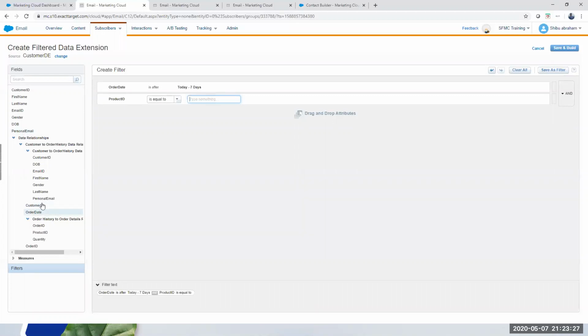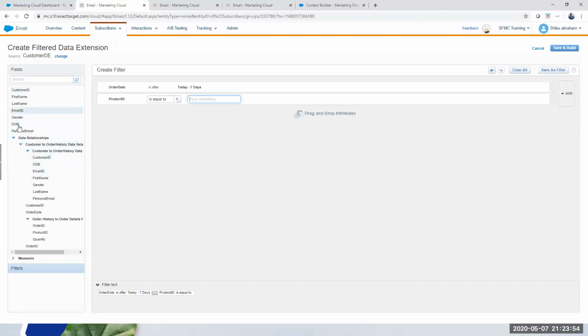The thing that you will also need to know is that you will only get the customers who actually match this condition. When you do joins, sometimes you will say, I want to know the list of all customers, but I also want to get customers who may or may not have that. And I want to see, if they have an order date, show that order date that is less than 7 days. Those things you cannot do using filters directly here. For that, you will use query activities.